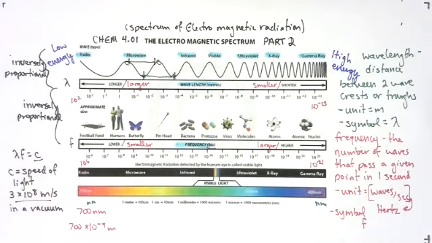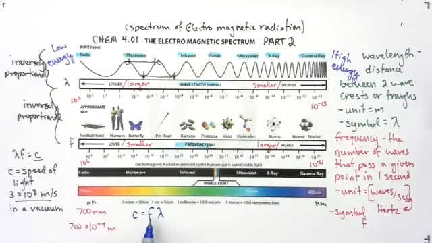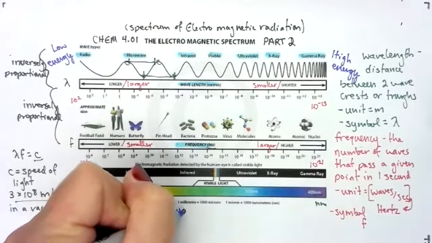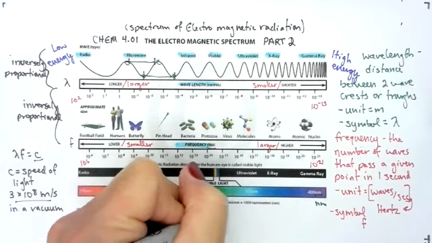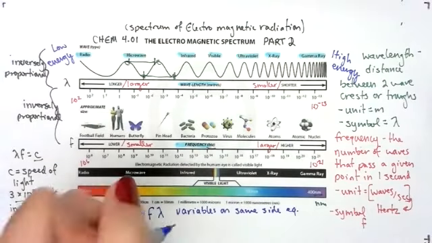If you send light through another substance like glass, it actually bends the light and we get something a little bit different. So we can use this equation. This equation is valuable to us. So we have C equals F lambda. Now, notice we said that frequency and wavelength are inversely proportional, and that matches up with what we've got going on. So if we have variables on the same side of an equation, they are always